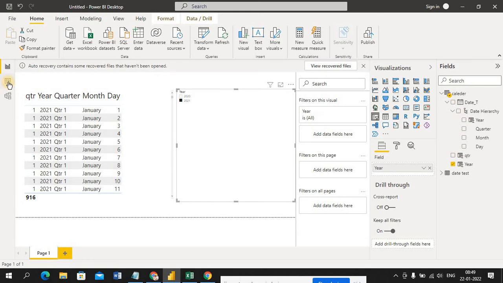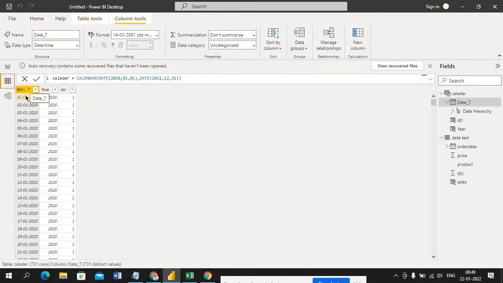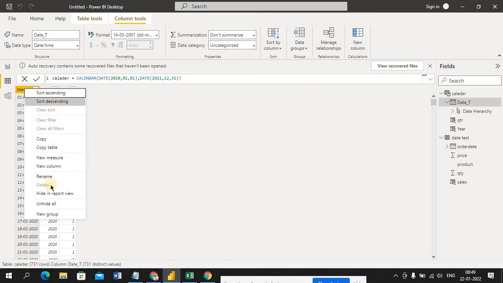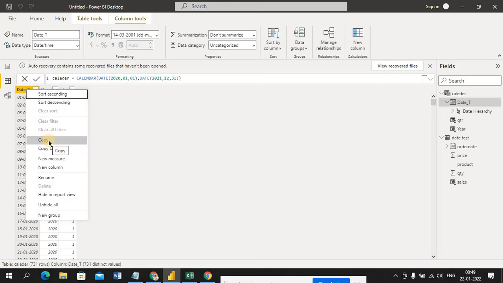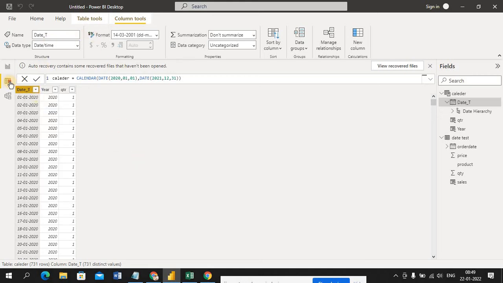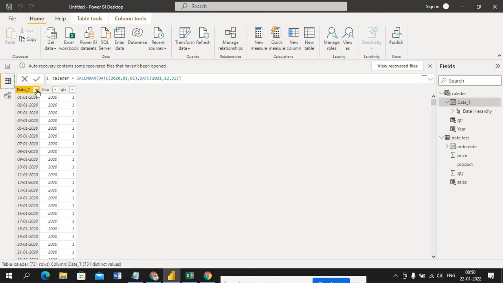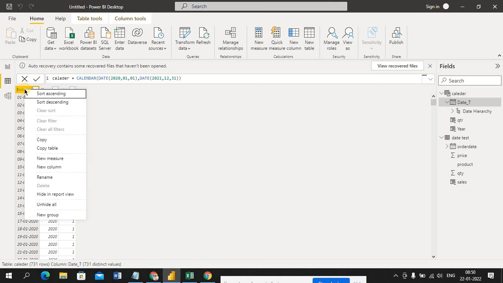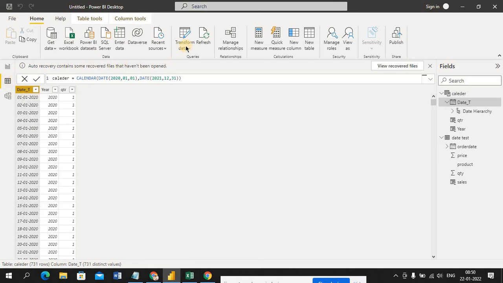Okay, go back and just copy this, make it duplicate. We'll see why. I'm not able to duplicate this, so I have to go home, to transform data.